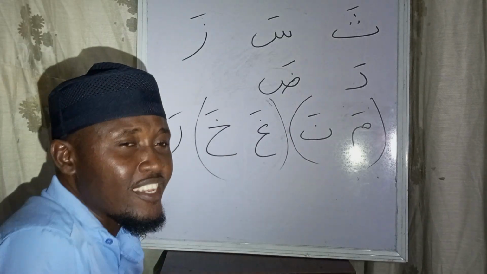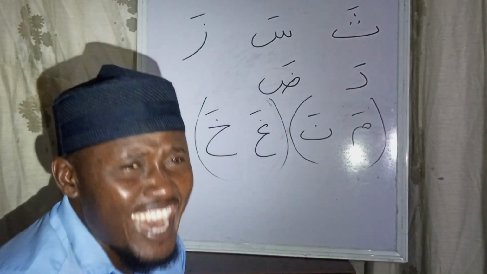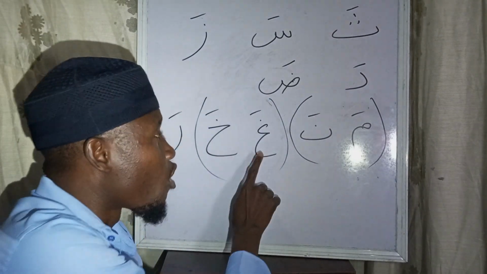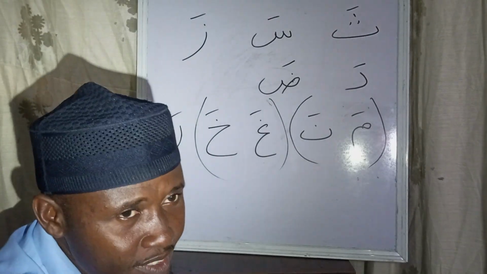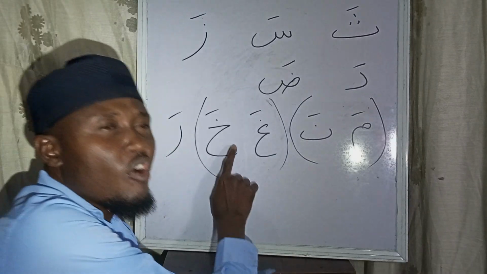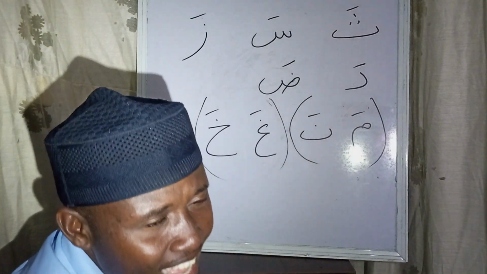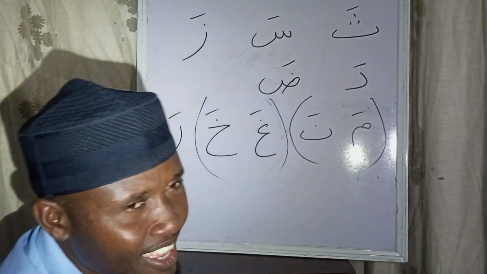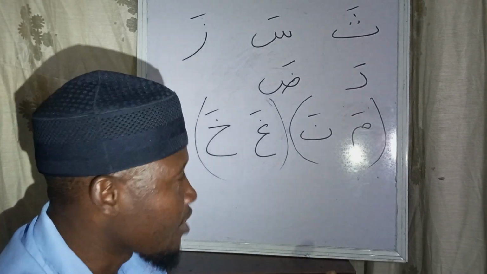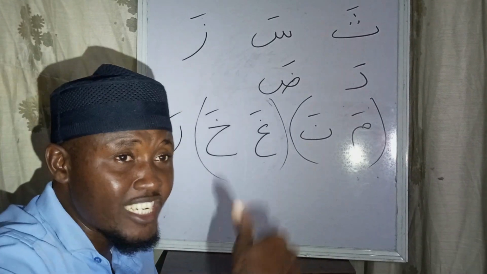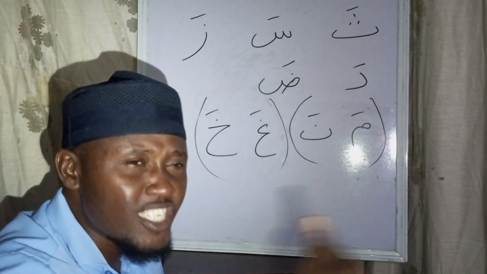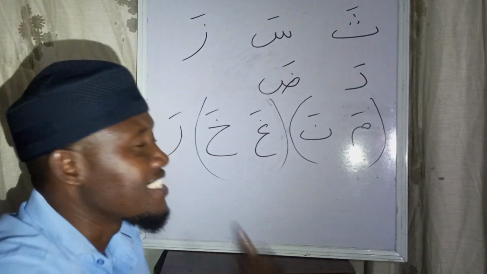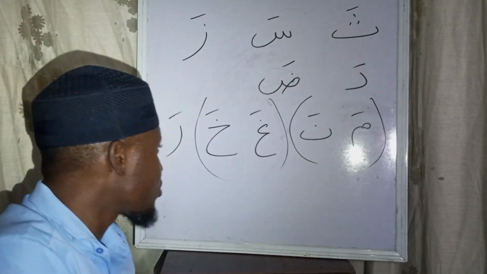This is pronounced as Go and not Ga. This is Go, not Ga. This is Kho, not Kha. This is Kho, not Kha. Now, I told you that in the attributes of letters, because of the attributes, we know that this is how to pronounce them. The attributes of this one,